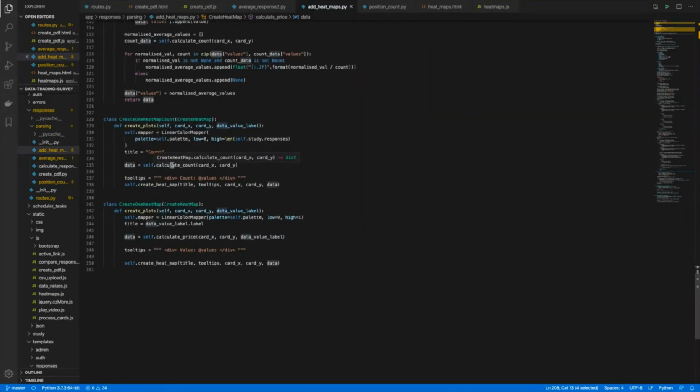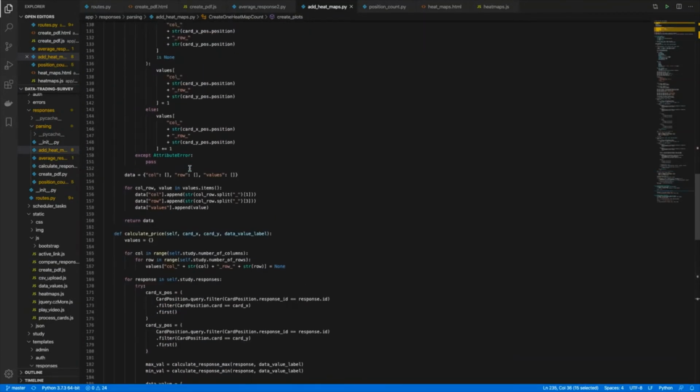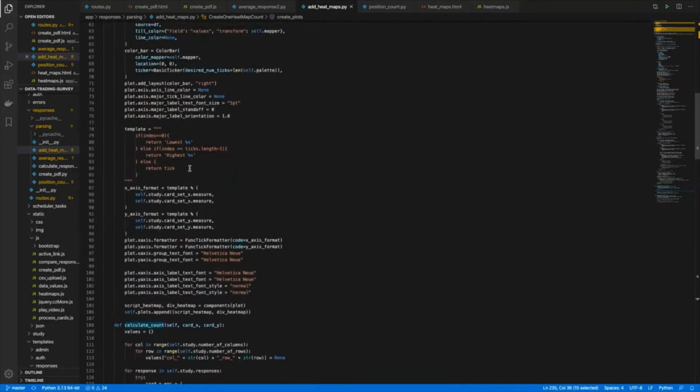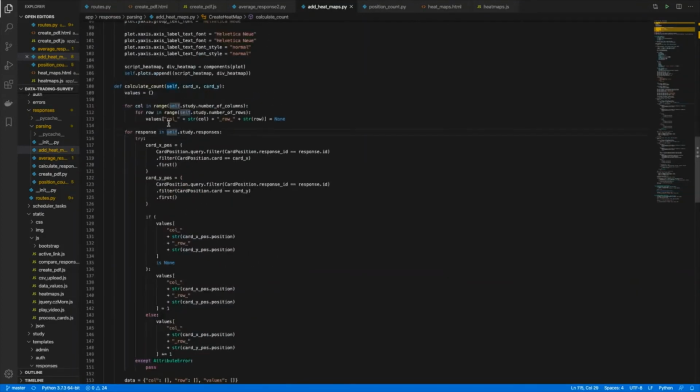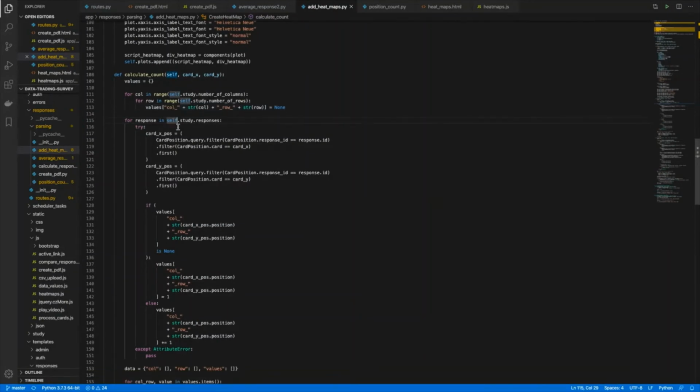The create one heat map count class and its create plots method calls the calculate count method rather than the calculate price. So let's take a look at the calculate count method now. This method iterates through each response, obtaining the positions of cards selected in the form from that response here.